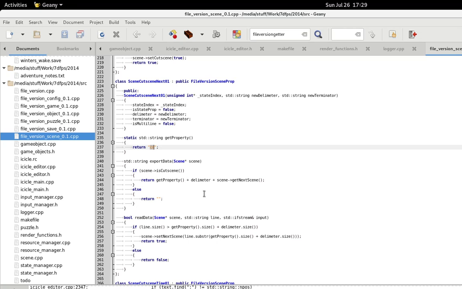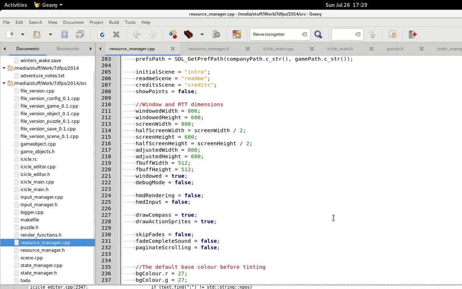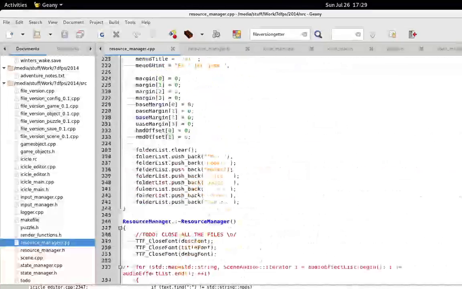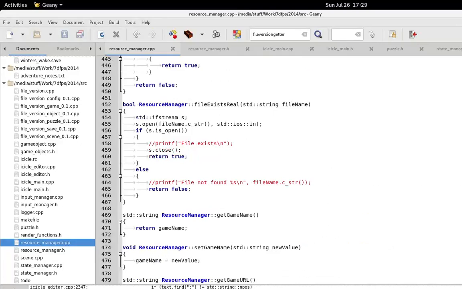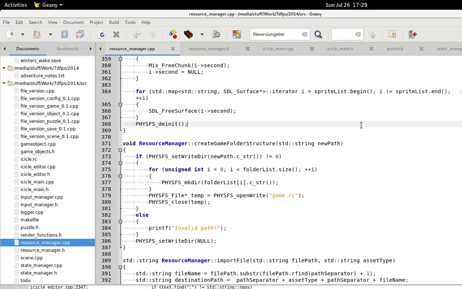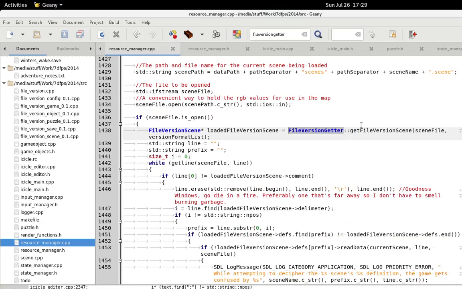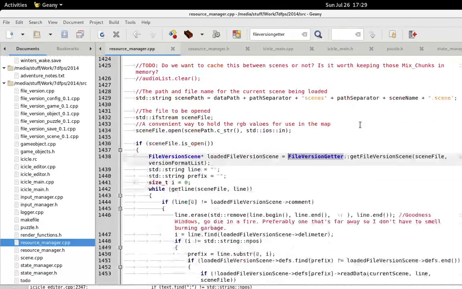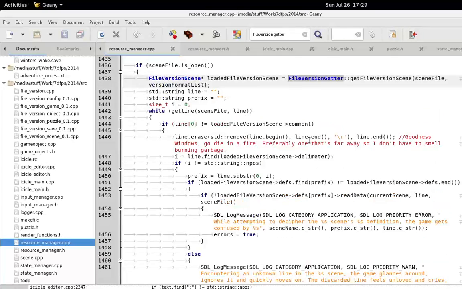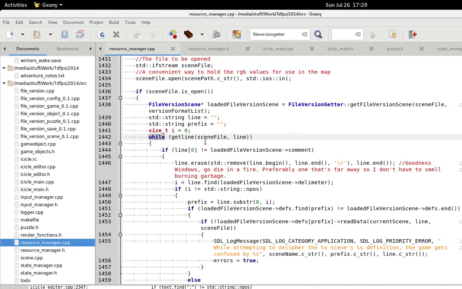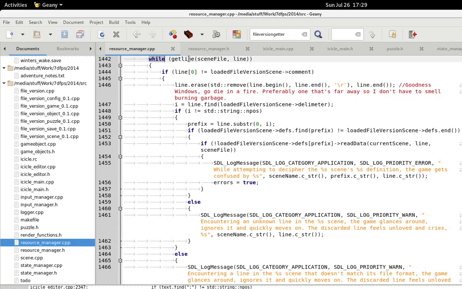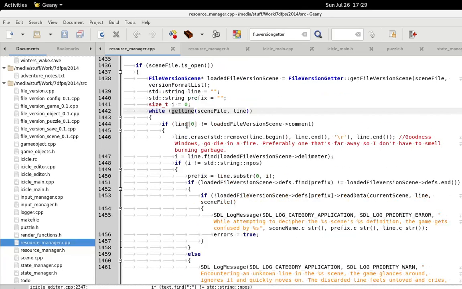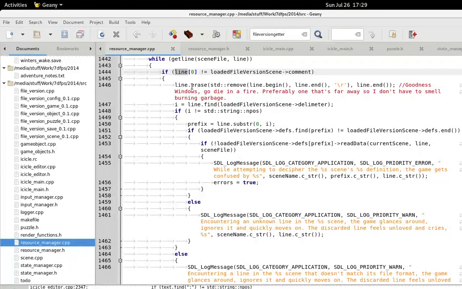where things were previously being loaded and saved. But the problem I'm encountering is with load user config, user scene, load scene data. This is the one that I want. We loop through each line in the scene file. We check to see if it's a comment, and if it's a comment, then we ignore it. But then we do some work to get rid of Windows line endings, and then